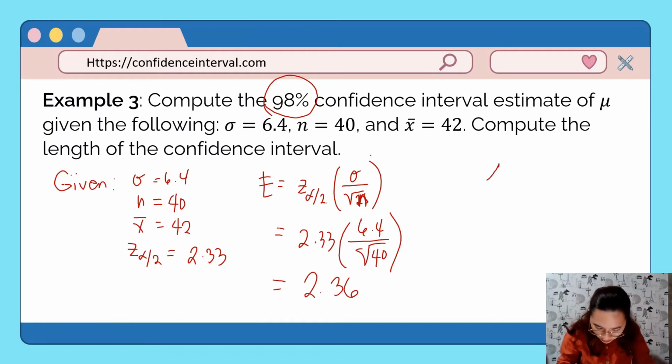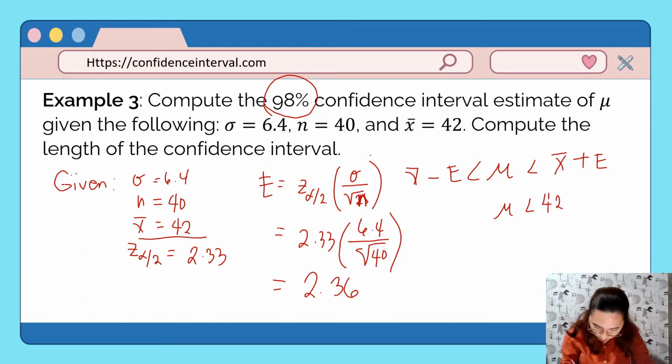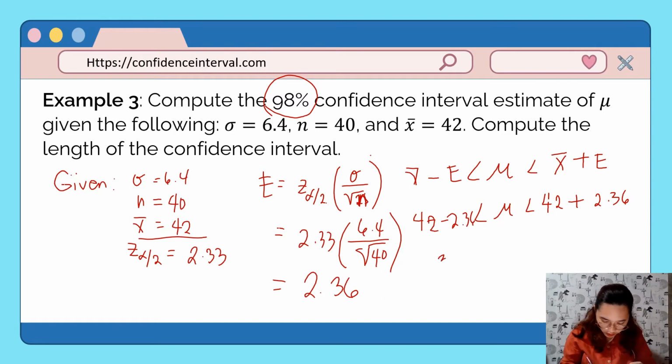At para makuha po yung ating confidence interval estimate, we get the upper limit, sample mean plus margin of error, and the lower limit, sample mean minus the margin of error. Ayan. Compute natin. Ang mean po natin is 42. Ayan. Mean is 42 plus 2.36. Then, 42 minus 2.36. Ang lower limit is